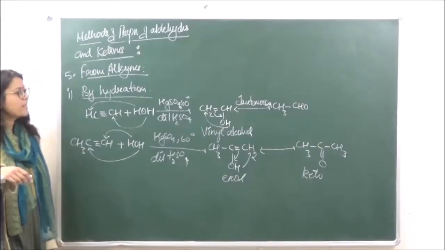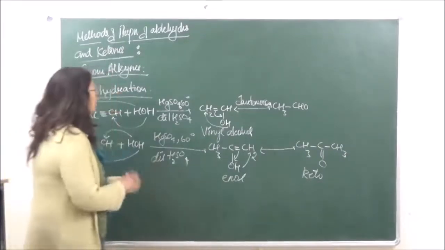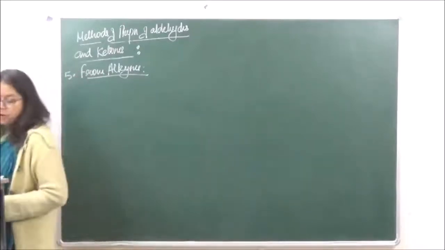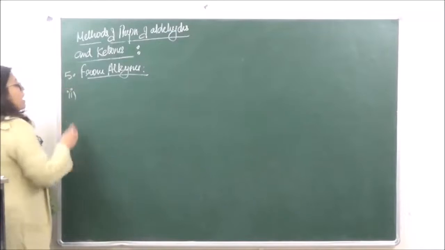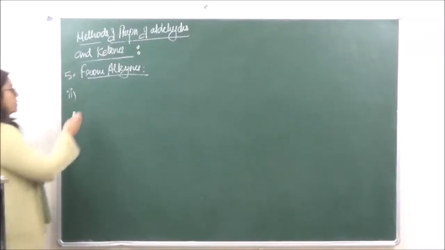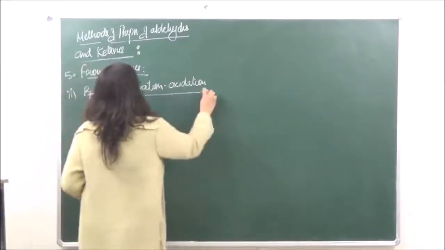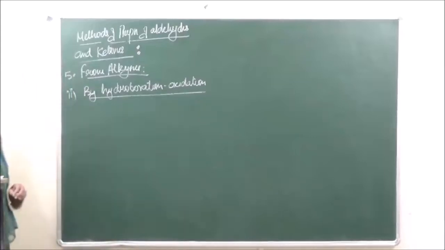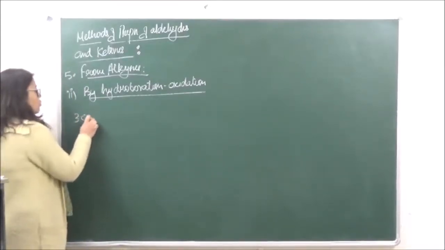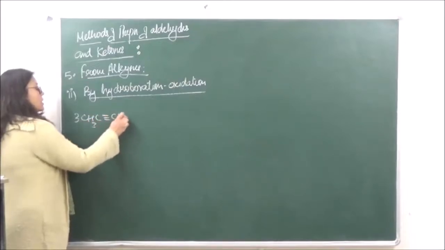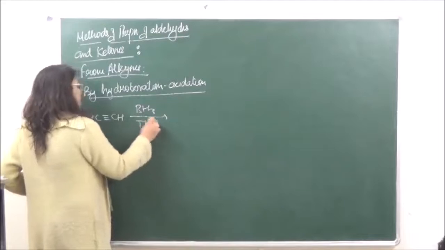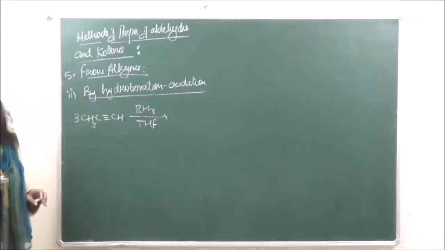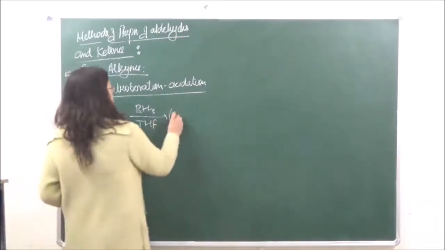So it is the same as we had just done, by reacting it with borane. I'll just put it here only. Second method of preparation from alkynes, that is by hydroboration oxidation. Again over here we are going to treat the alkynes with B2H6 or BH3. So we have 3 molecules of CH3, C triple bond CH, BH3 in presence of THF. This is going to give us